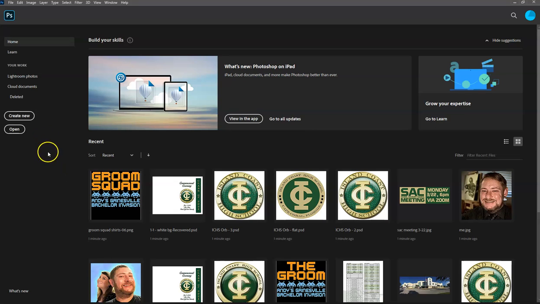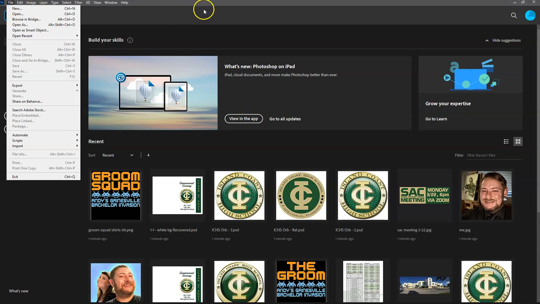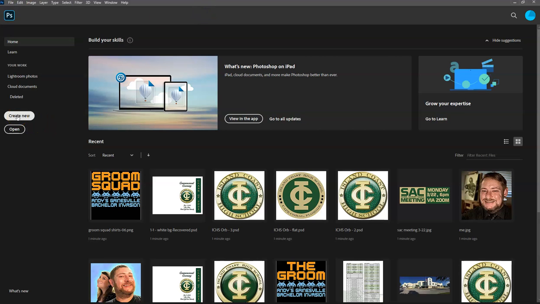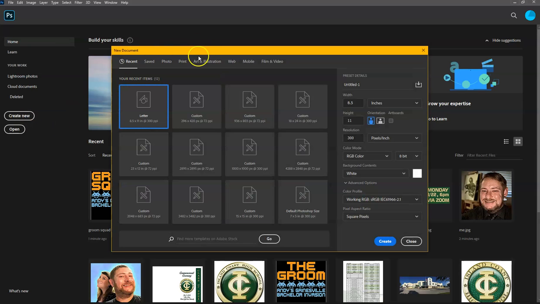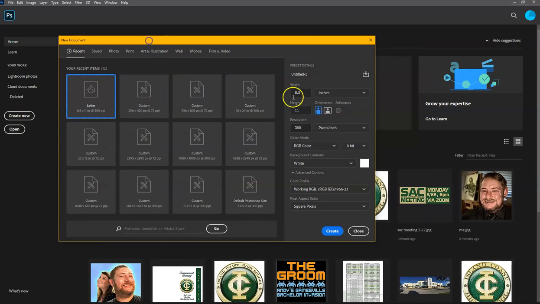So once you've done that, we need to create a new file by going to the New File dialog. So what we're going to do is you can either go File, New, or you can go Create New, or you can press Control-N on your keyboard. And when you do that, you will see there are several categories at the top that are preset categories. So we want to choose letter, and letter is on the print